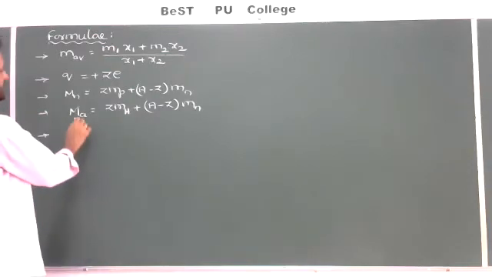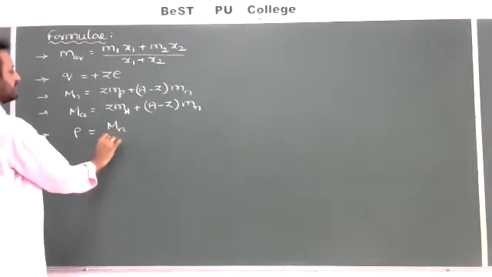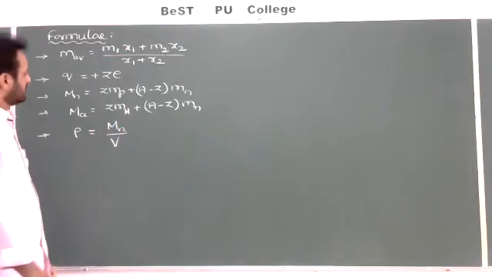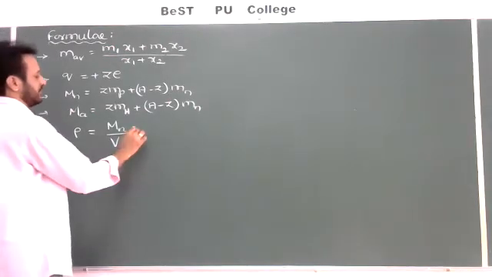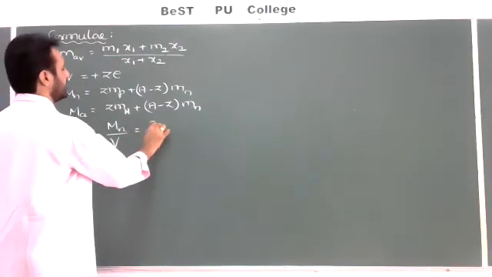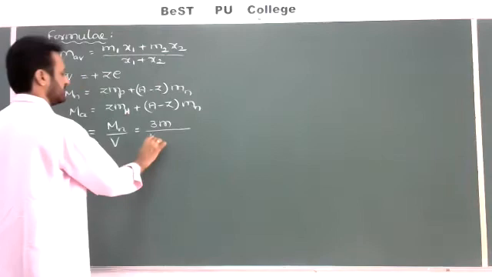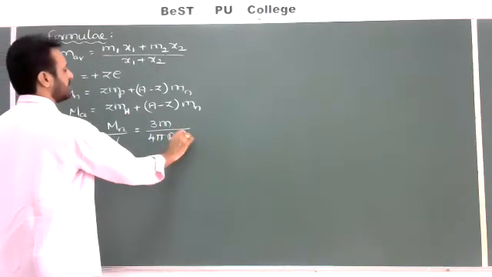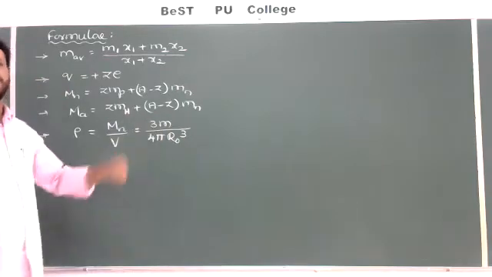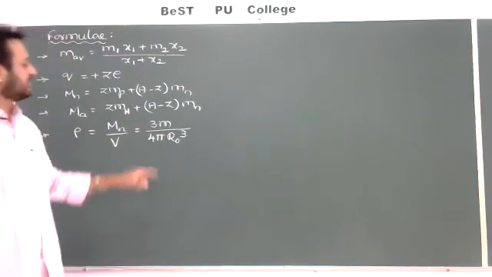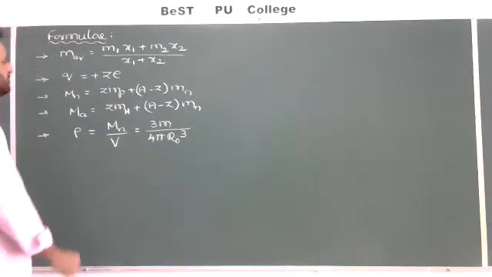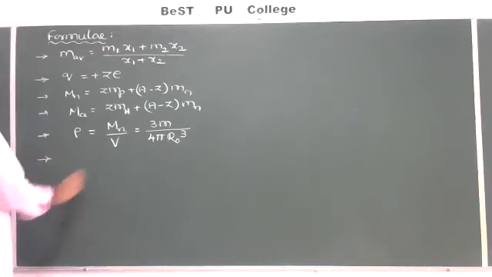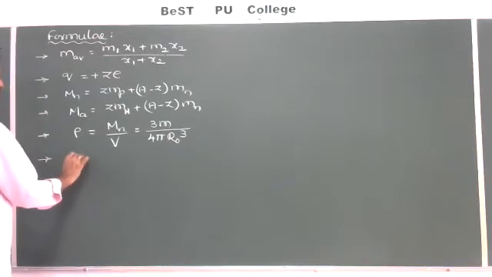Next, nuclear density rho is equal to the mass of the nucleus by the volume of the nucleus, that is equal to 3 into m by 4 pi into r naught cube. M means the mass of the nucleon, maybe proton or neutron. R naught is a proportionality constant, 1.2 Fermi or 1.2 into 10 power minus 15 meter. Then the delta M, mass defect,